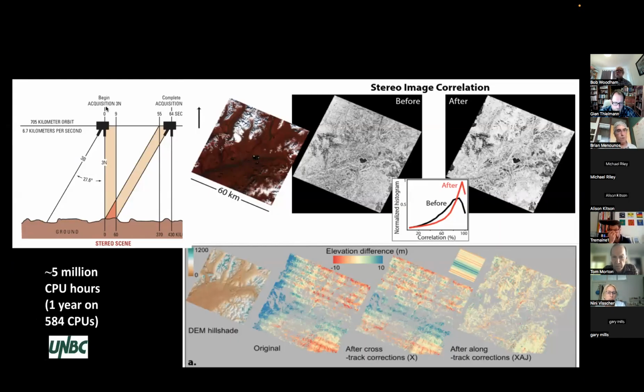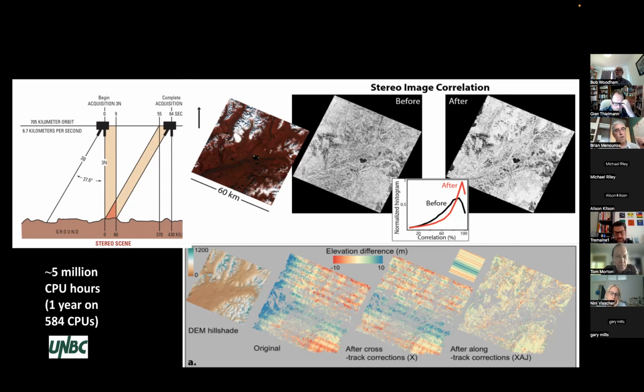So just to give you an example, this upper left is the stereo scene that ASTER would acquire. Again, it's got a sensor that acquires a scene directly below it. It flies 20 seconds later or so, actually 64, and then takes another backwards-looking scene, and then it actually has a stereo pair. If you do that for the last 20 years, you can get on average something like 8 to 9 individual stereo pair scenes for a given glacier for all of Earth's surface.